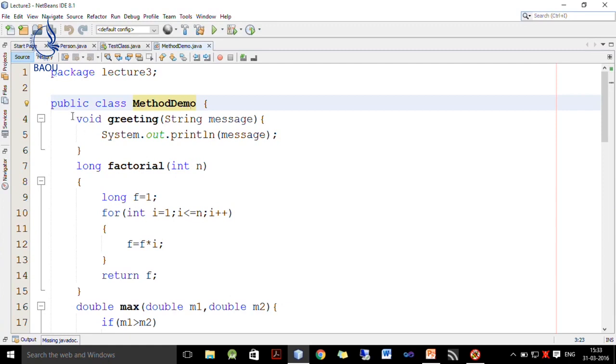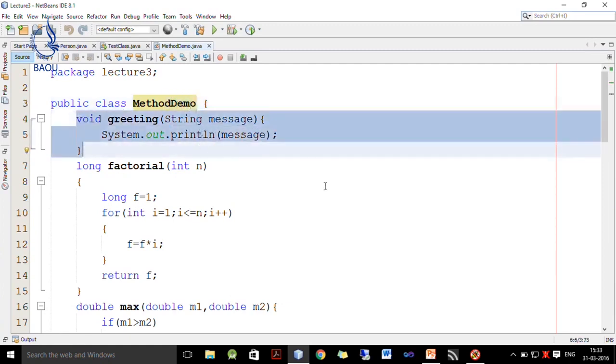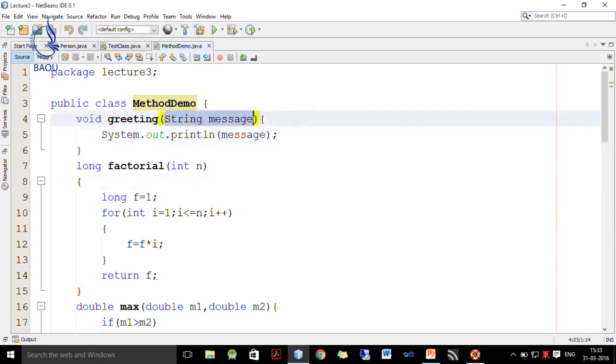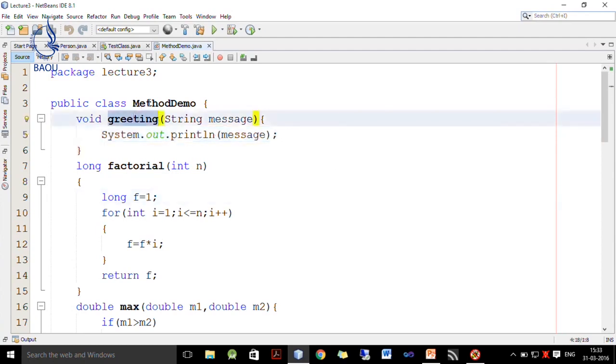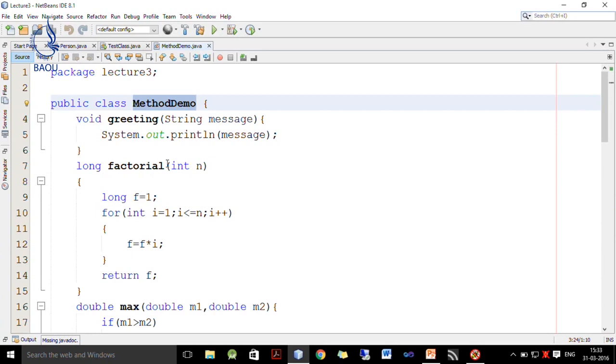So, inside method demo, first I define this method which takes a string parameter message and it returns nothing. Inside this greeting method, I just display this message passed by the user for display purpose, so there is no need to return anything. So, I simply write System.out.println and whatever message we want to display. Whenever I call this greeting method using method demo object, I need to pass one string argument and it